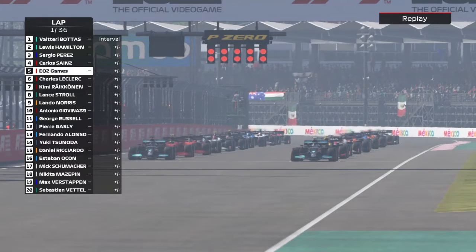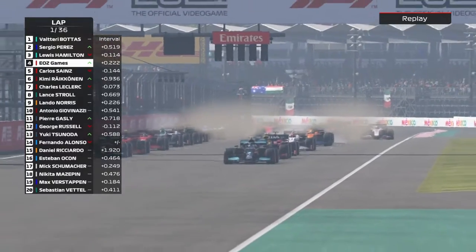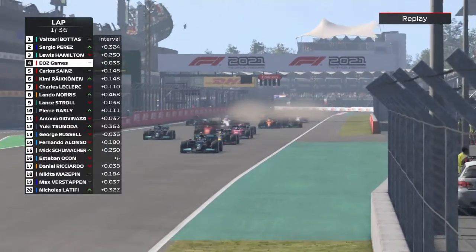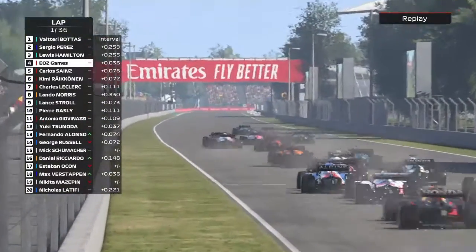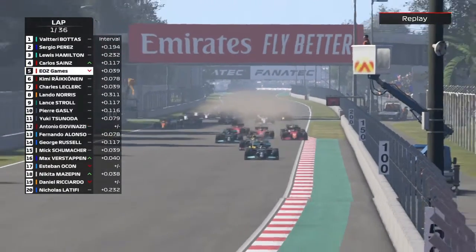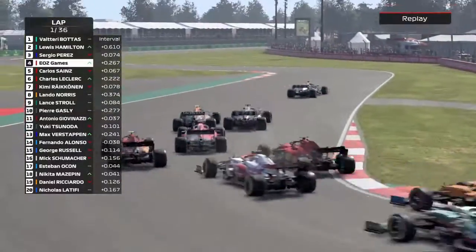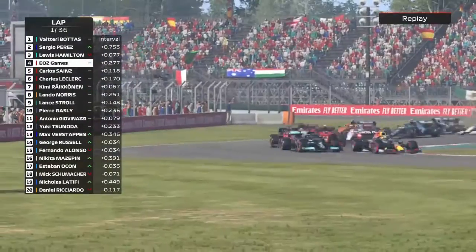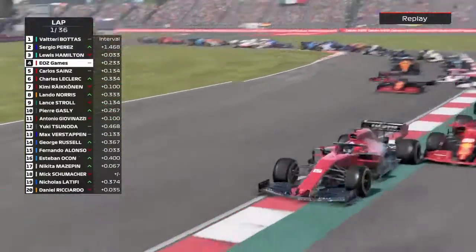Okay, and it's 5 red lights, and we're underway. Starting 5th. We've had a pretty good start. Everyone's rushing in. We're right next to Lewis Hamilton and Carlos Sainz. We're right in the middle. So close to hitting Sergio Perez. Me and Carlos Sainz having a...